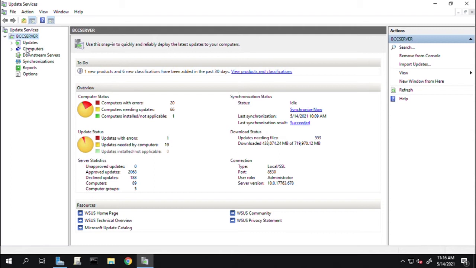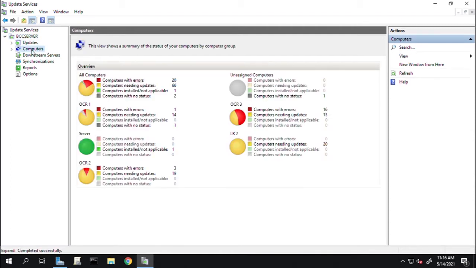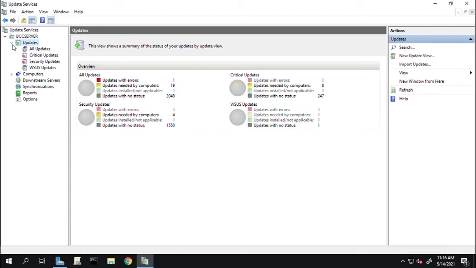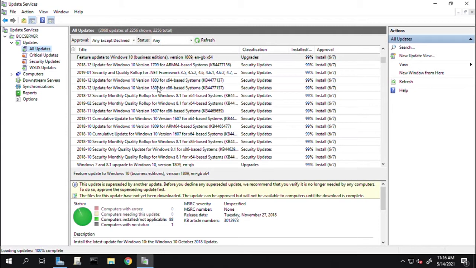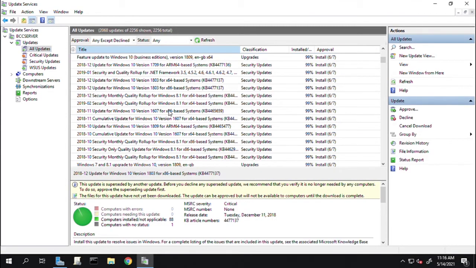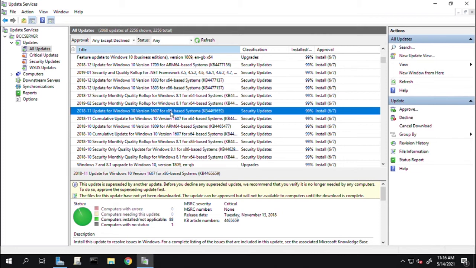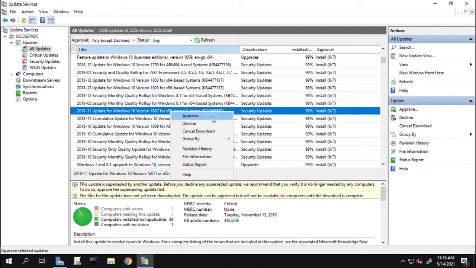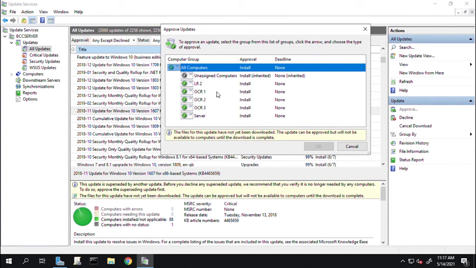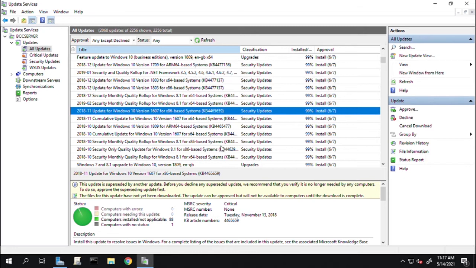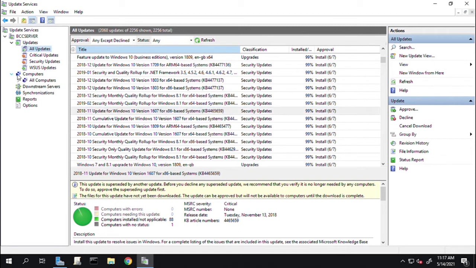Now if I open this menu, we can see the update section and the computer section. Let's go to the update section first. Inside the updates, we can see the total updates that are now being downloaded to the server. Once the updates get downloaded to the server, the server administrator's job includes approving each of the different updates. Once an update is approved, we choose the classrooms to which we need to deploy it. Then the update gets transferred from the server machine to the client machine and the installation starts.